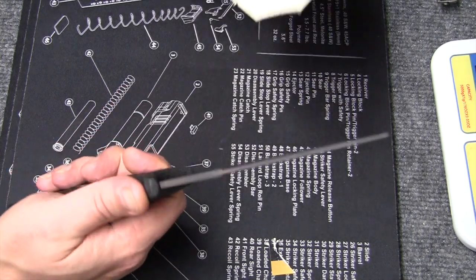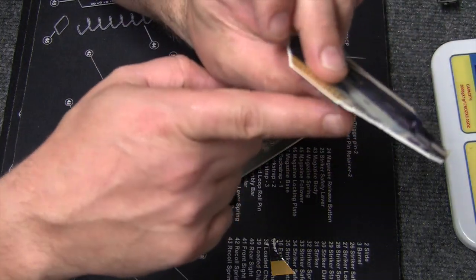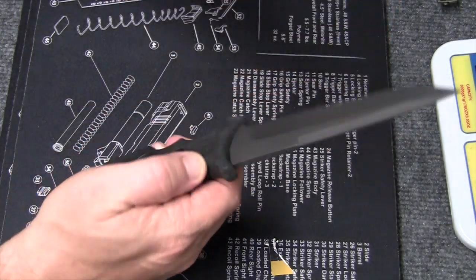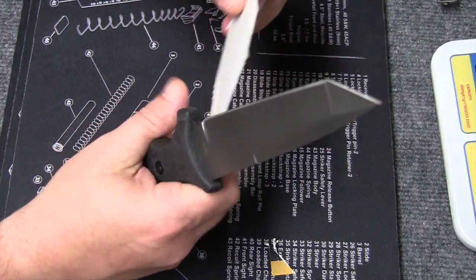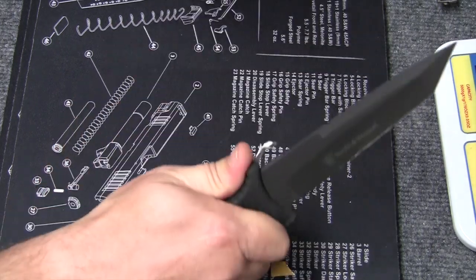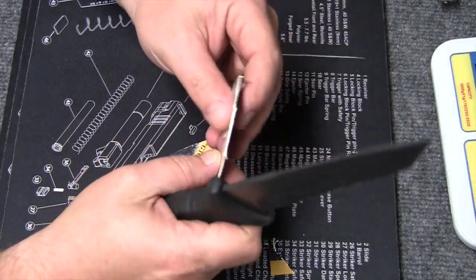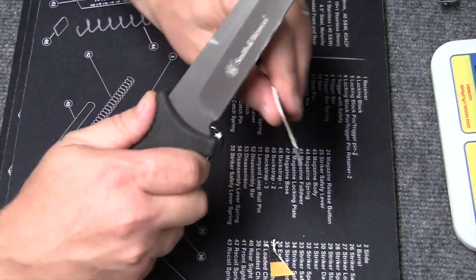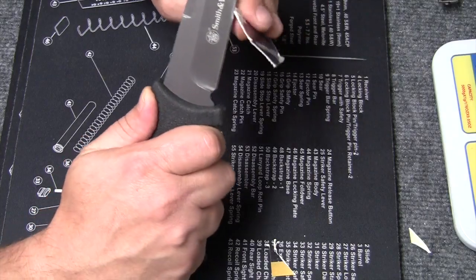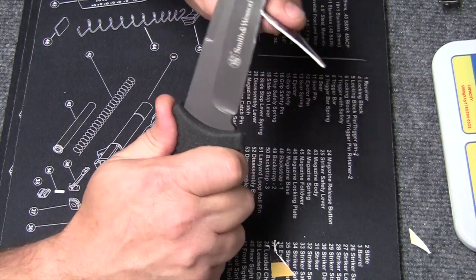But actually cutting through the tape, and this has got tape on the edge. So for it to do that, that's not bad. It's not that dull. Actually, it's pretty sharp. So I don't even know if you can see me cutting that, but pretty darn sharp. I thought I had dulled it up a little bit more than that, because I haven't really used it to cut wood or anything, but